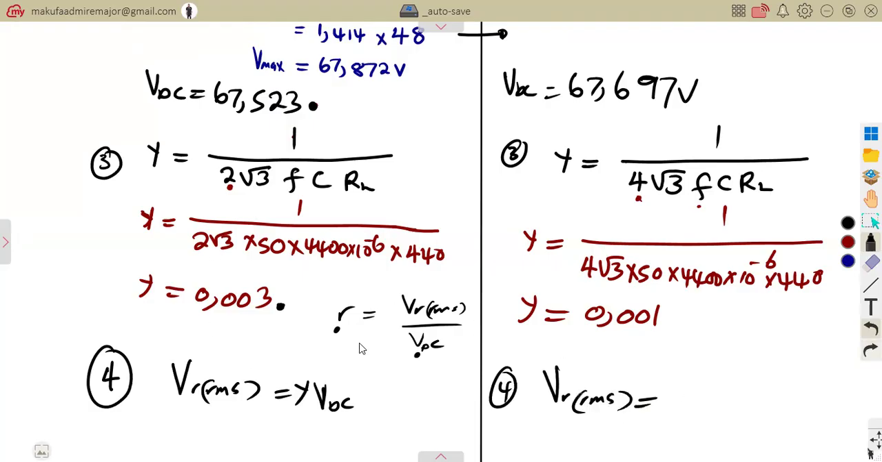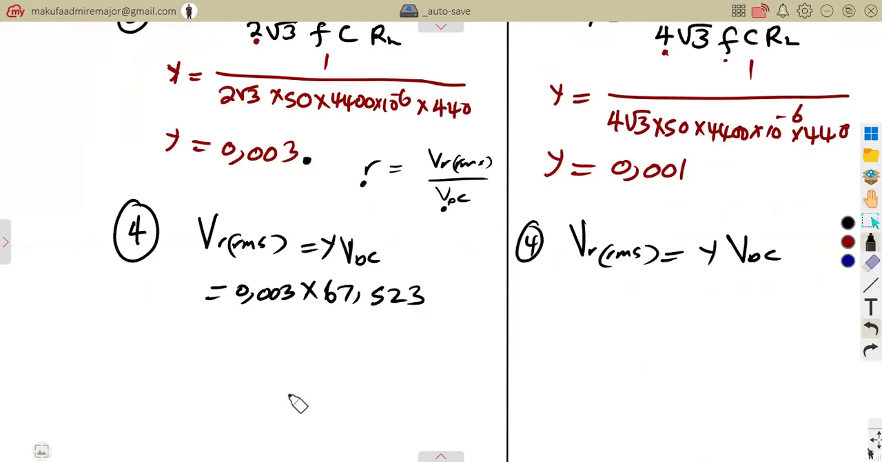As we can see, we have got different values of the ripple factor in that case, but the formula is simply going to be the same. So VDC is there, our gamma is there, so they're going to simply multiply. That is our ripple factor, 0.003 times our VDC, which is 67.523. That is, we are going to obtain our RMS ripple voltage in that case, which was going to be